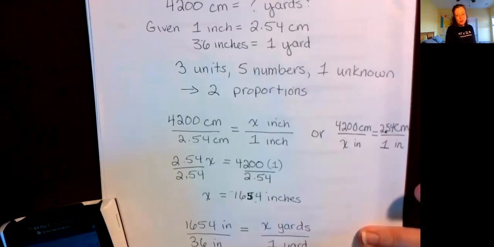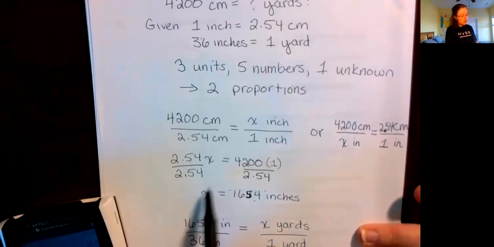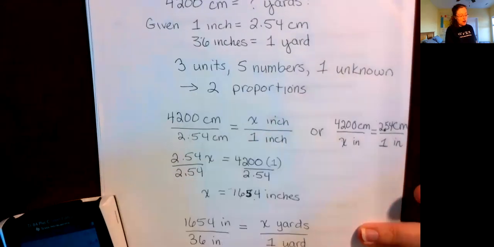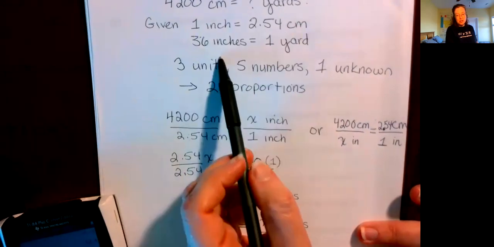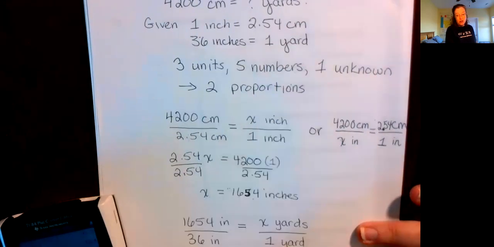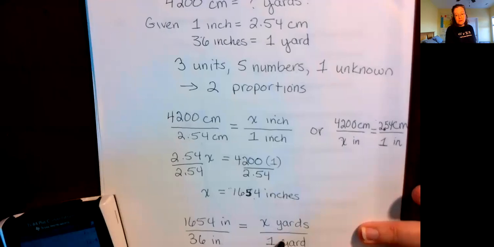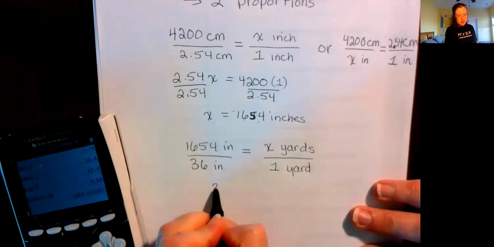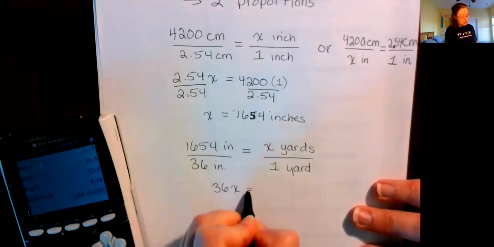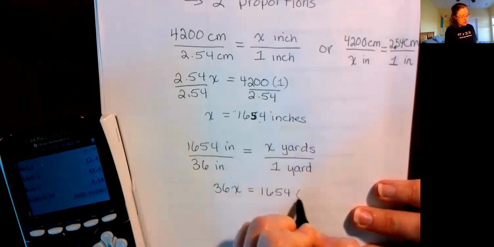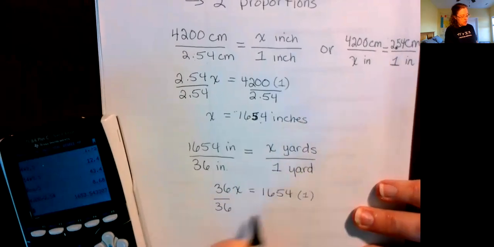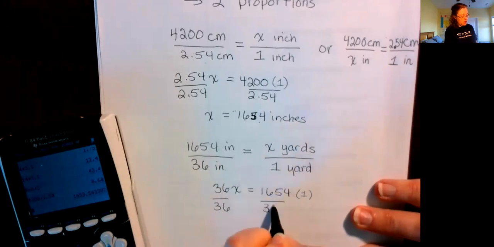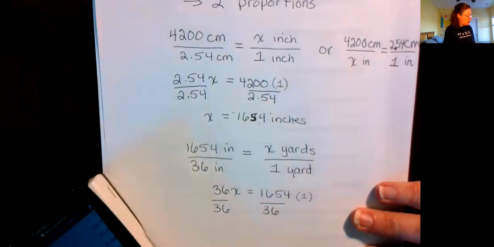Make sure that you're not going with 1 inch again. That was back when we worked with centimeters. Now we want to work with the 36 inches because we're thinking about the unit yard. Go ahead and cross multiply to solve. 36x is equal to 1,654 times 1. Divide both sides, get that 36 to run away over to the other side by doing the opposite of what